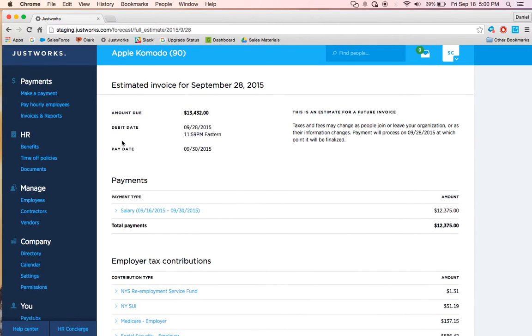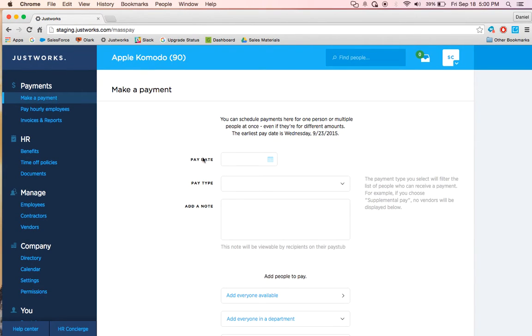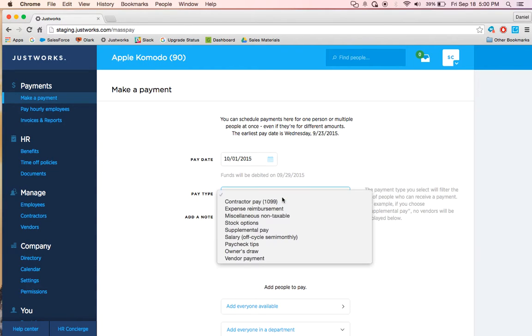To make any sort of off-cycle payment, an administrator can simply click on the left-hand corner under Make a Payment, choose the pay date, select the payment type, and as you'll see here, there's several options including contractor payments, expense reimbursements, bonuses, along with salary off-cycle payments. Choose your correct payment,